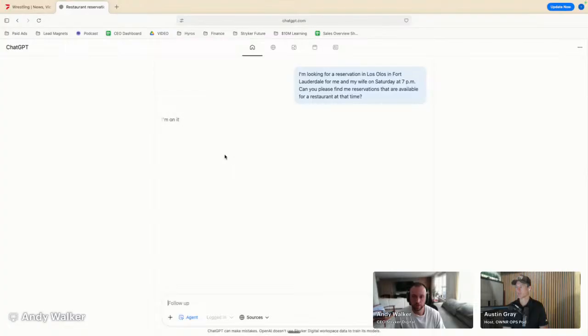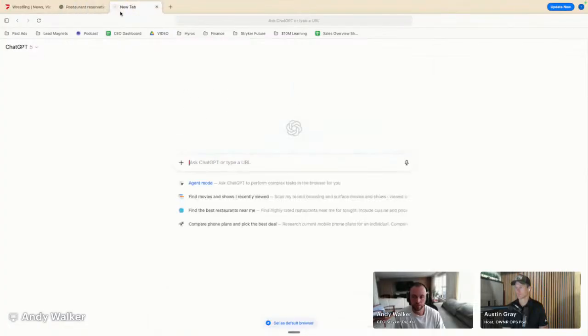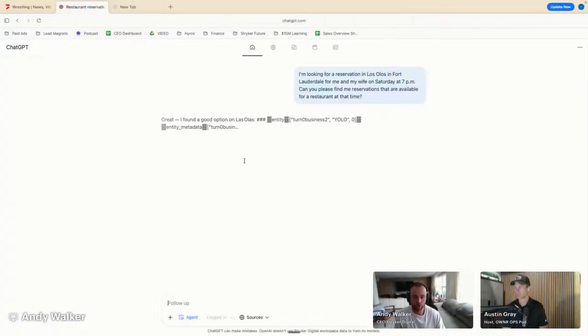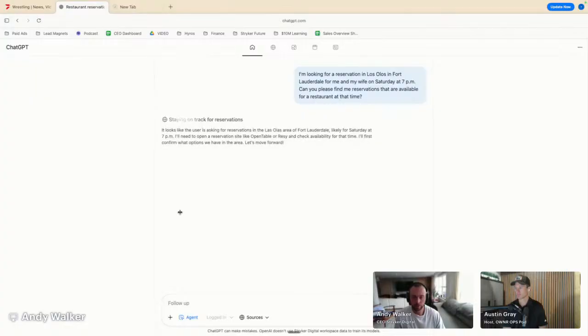And I'll hit search. While this is running, it's going to take a little bit, but you can just open another tab and be doing whatever you want the whole time while the agent is running and doing whatever it needs to do to solve these. Likely we'll see it go into a browser and start searching around. At least that's how it has been operating.